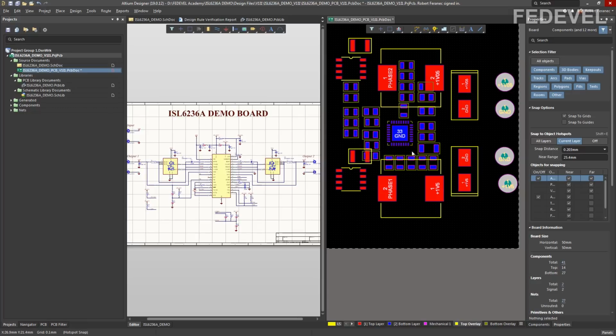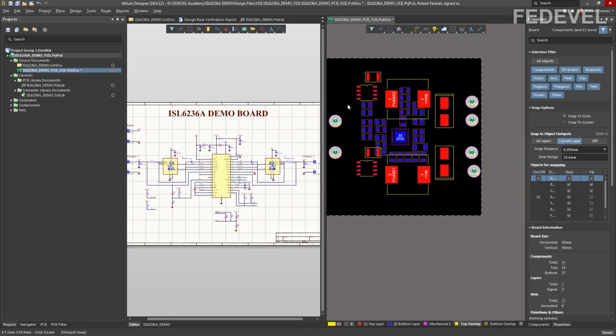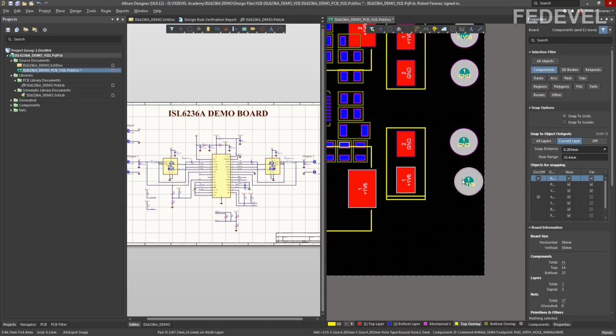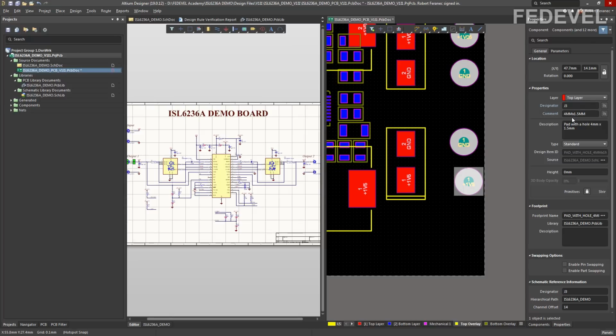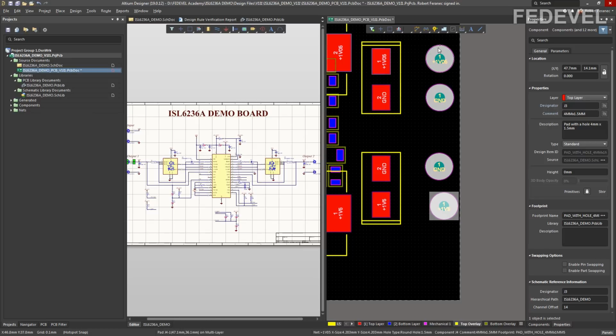Very simple way how you can work only with the components. You can use selection filter, unselect everything, select only the components, and now every time when you just left click on this path, you will be always working with the components. So this is much easier way to place all our paths into the position where we would like to place them. So left click on this one, change the location to 45 by 14, enter.